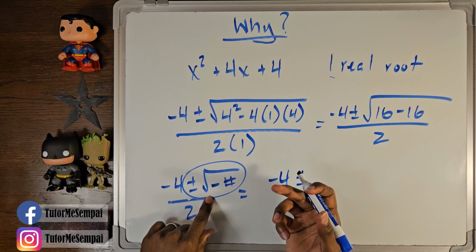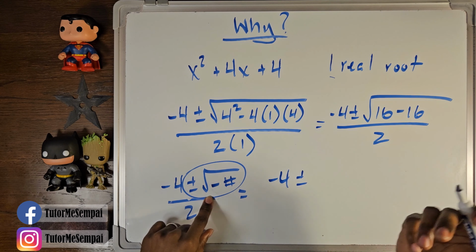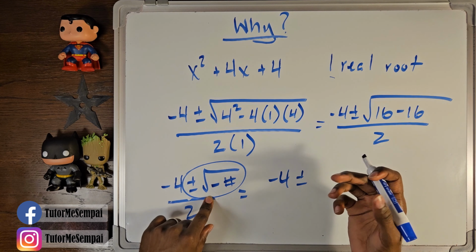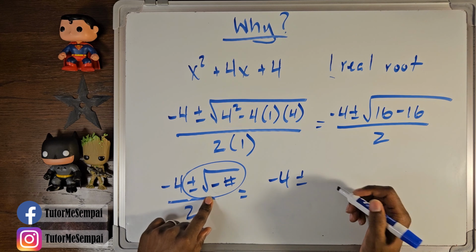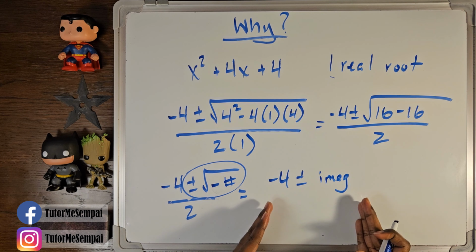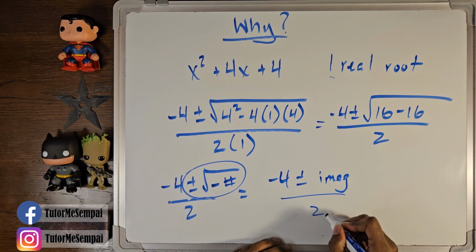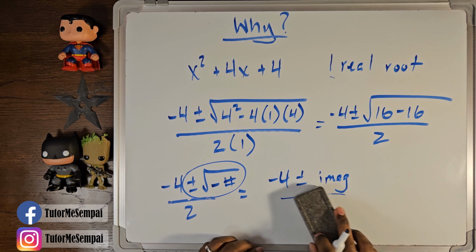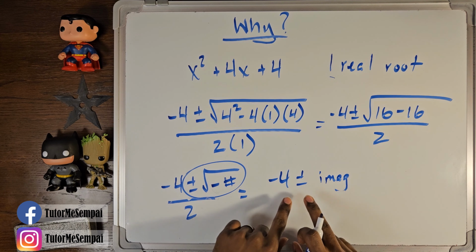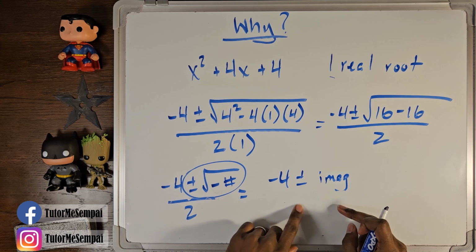square root of a negative number, right? What is the square root of a negative number? Well, it's going to be an imaginary number. We know that the square root of a negative number is going to be an imaginary number when you simplify it. So it's some imaginary number. This is the form of, well, technically you have a 2 here, but that's not super important because you can always simplify it to be still a real number plus or minus an imaginary number,